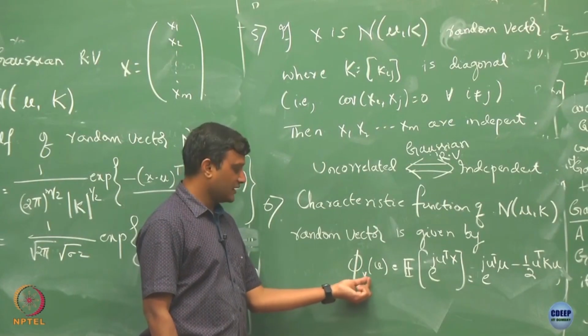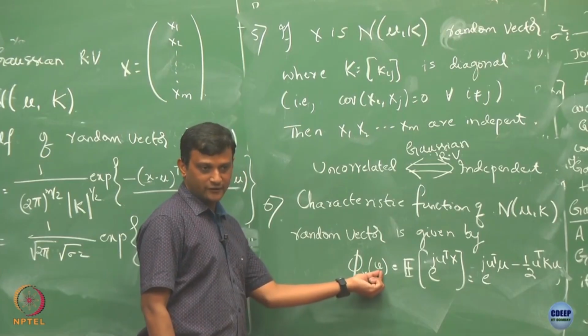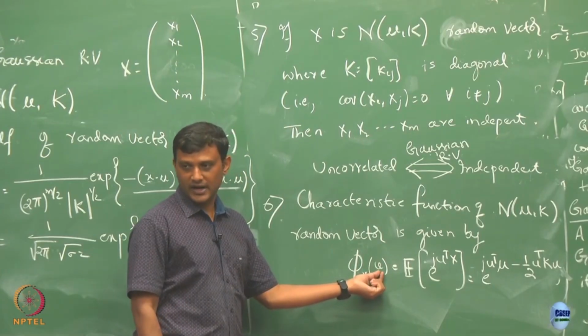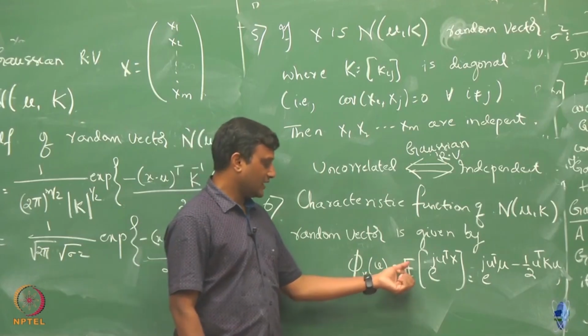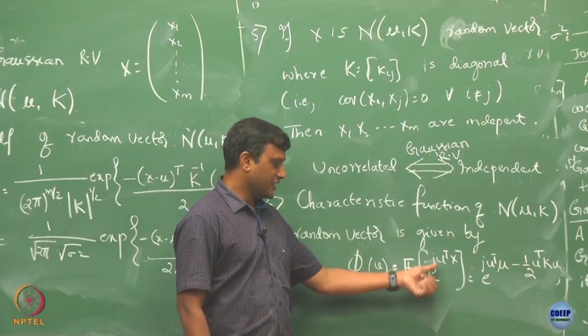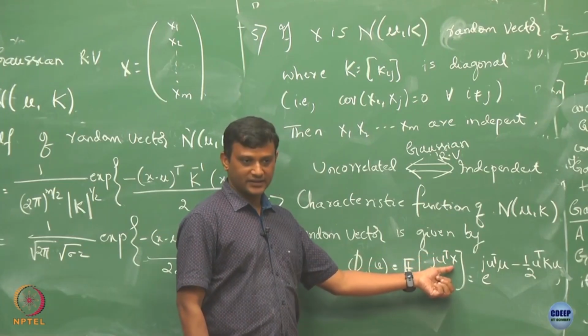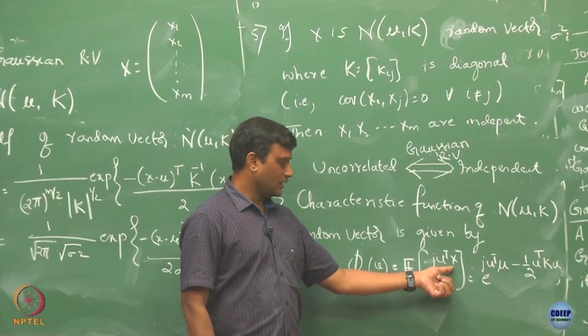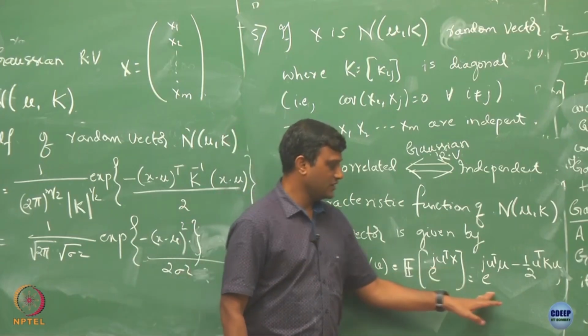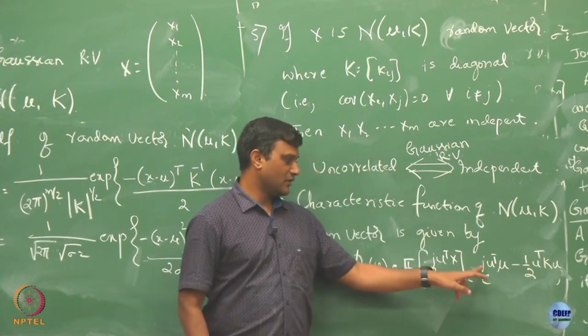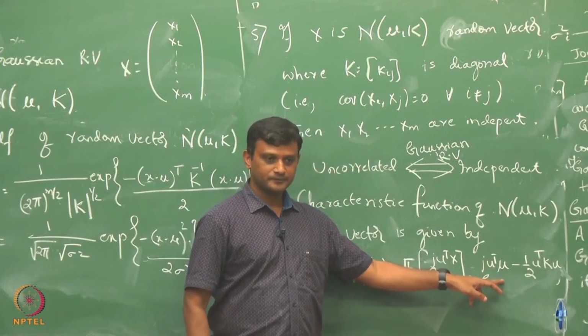Here x is a vector and u is also a vector, right, because I am talking about a random vector here. That is going to be defined as expectation of e to the power j u transpose x, okay, and then that turns out to be simply e to the power j u transpose mu